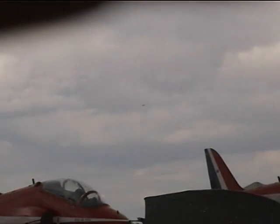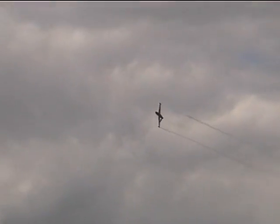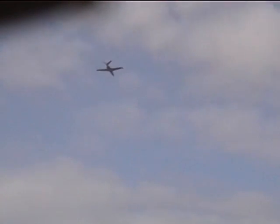Now coming in to give us all a wave with his wings. So give him a wave back. Now that's what I call a wing waggle. Experienced pilot. He's flown the SIAI-Marchetti SF-260. He trained on the Fuga and the T-33, the T-Bird, getting his pilot wings in 1979. He spent almost 15 years flying the Mirage 5 before moving to the training world on the